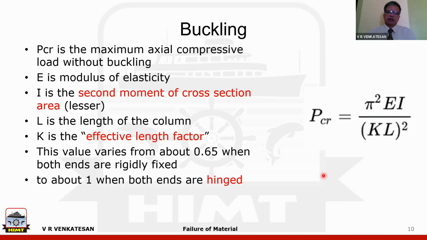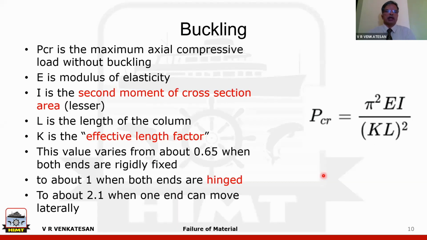And in the third example is if the end can even move laterally. If it is capable of moving laterally, then this number becomes even more, as there is no fixture on the side. If it is capable of moving sideways, then the number becomes even higher. So the point is, the higher this value of K, the lower is the value of the force that can